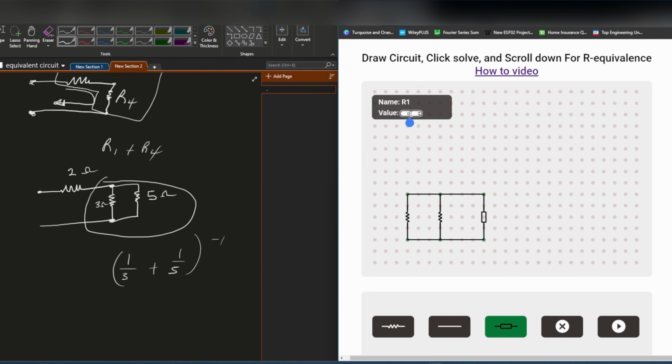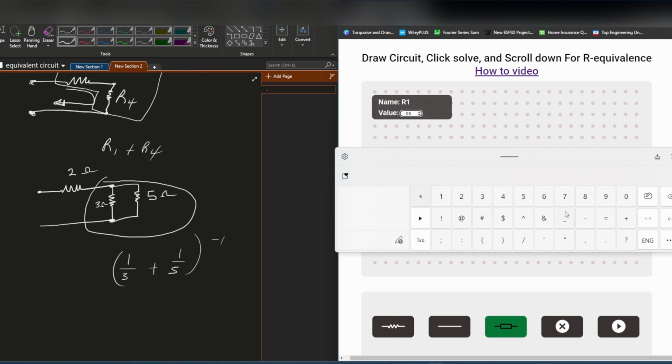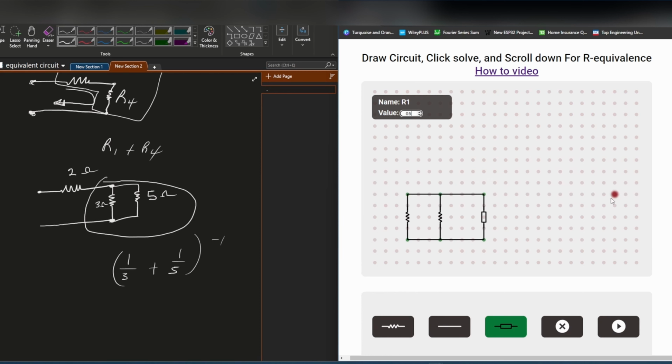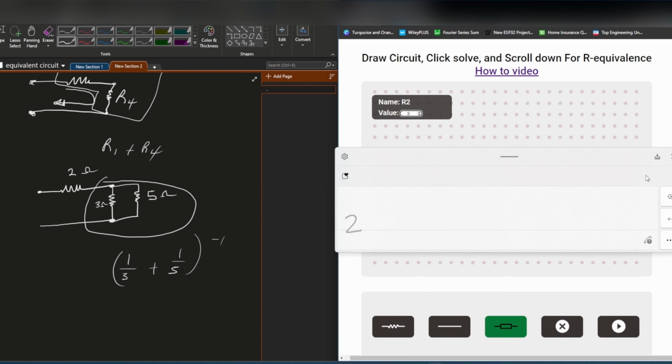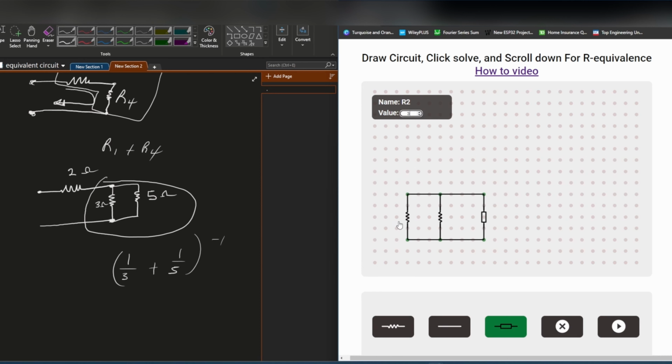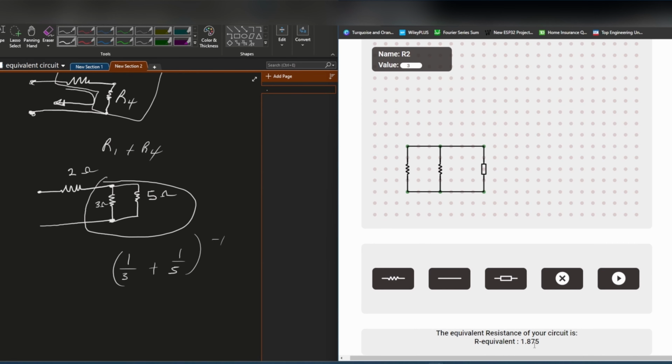Alright, so actually that would be 5, and then this would be 3. Alright, so we have 5 and 3. It is switched, but it's the same thing. So as you can see, we get 1.857. So we have 1.857 here, and then